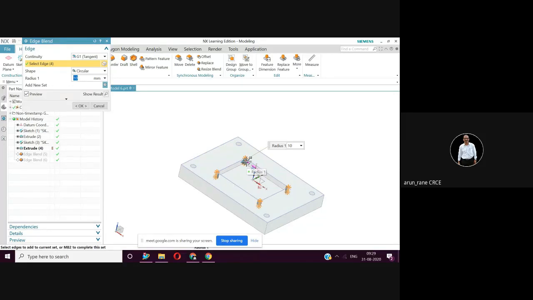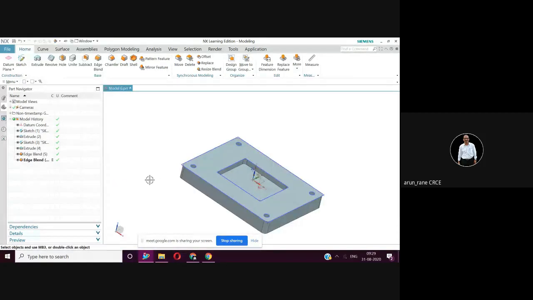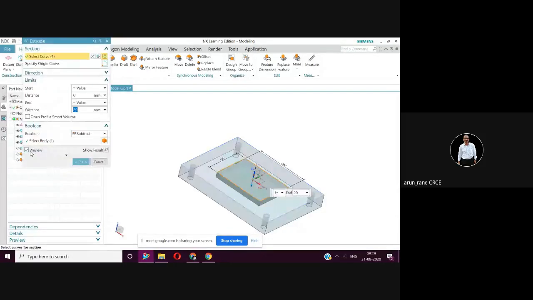Not more than 20. This you have to understand. Then let us see what the depth is. I will come to know the depth in extrude. Here the depth is 20 mm.